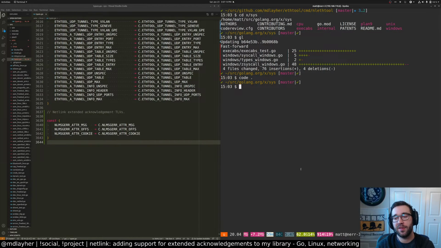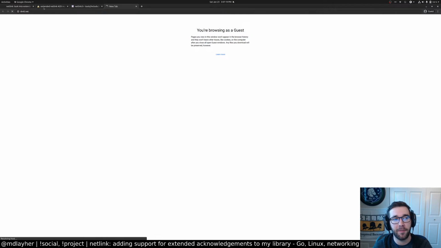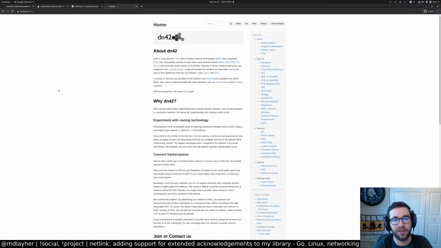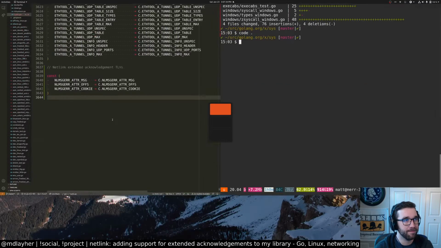So also, you know, we talked about this in the Gopher Slack and stuff, but there's DN42. So, for example, I could actually set up, I could participate in a big VPN and run BGP and stuff. I know this is a thing you could do, and this is probably a more reasonable place to start just for playing with this sort of stuff, you know. But